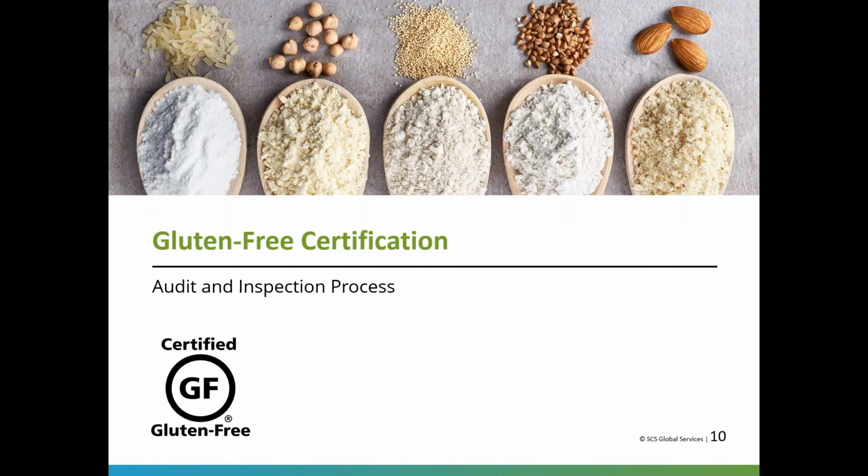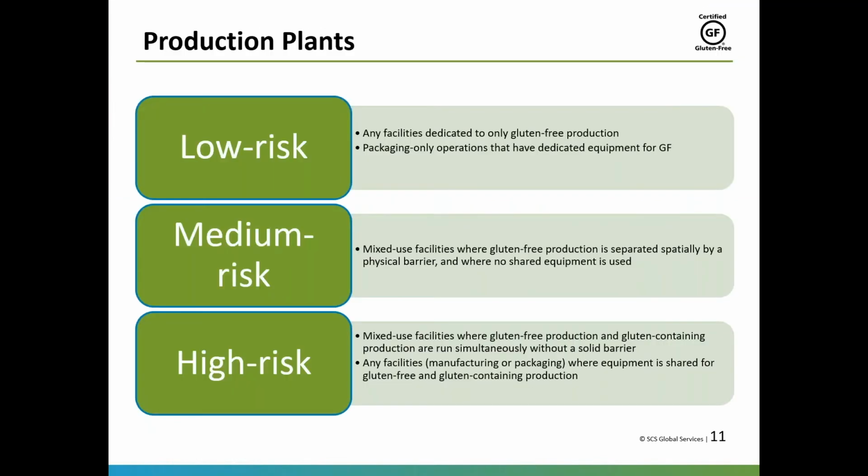Great, so let's jump into the audit and inspection process. First, I'll give you a little background for scoping reasons. We basically classify production plants by risk, and we've broken those into three classes: low risk, medium risk, and high risk. So low risk is a dedicated gluten-free facility and packaging only operation